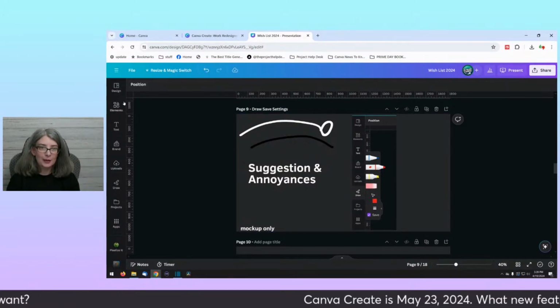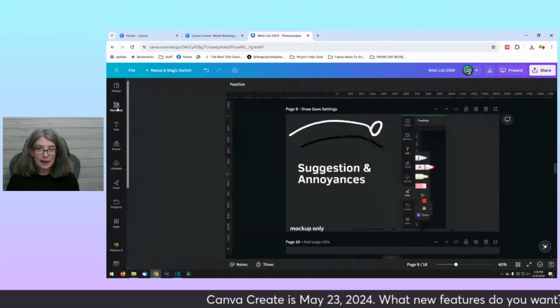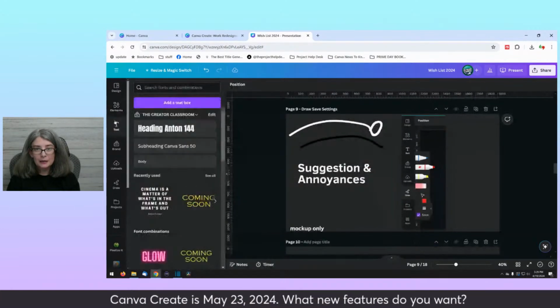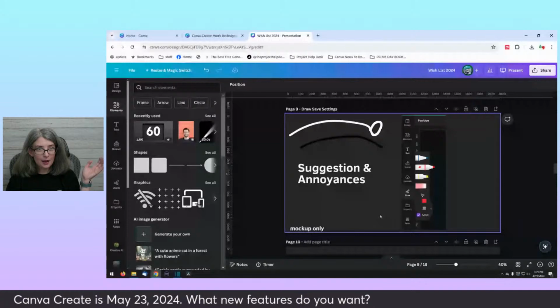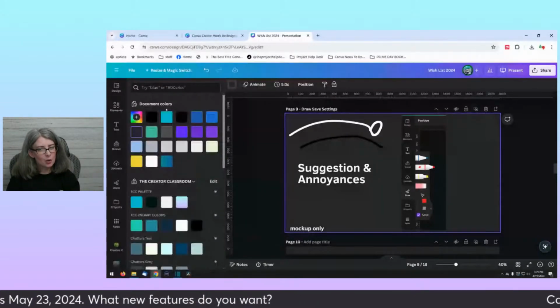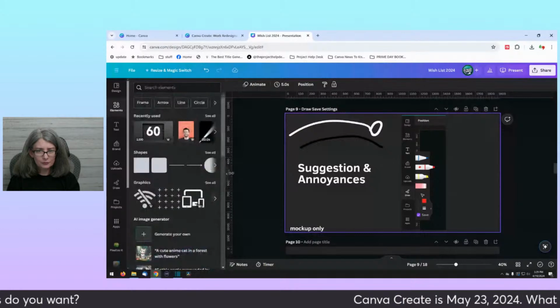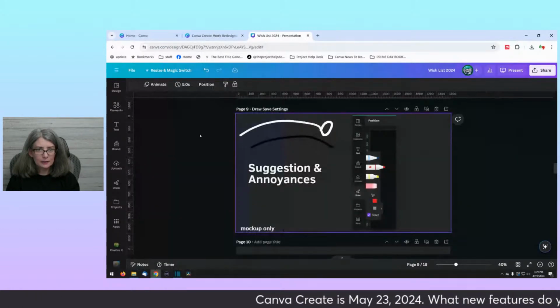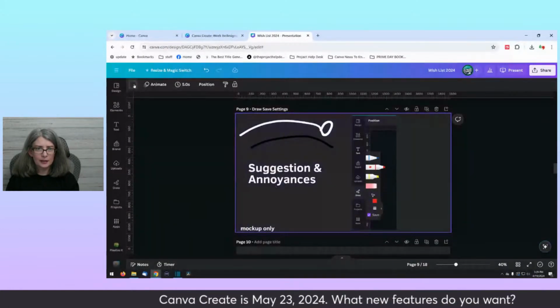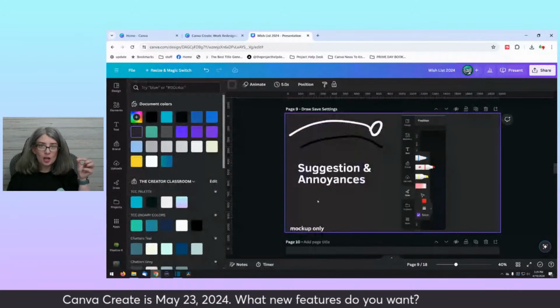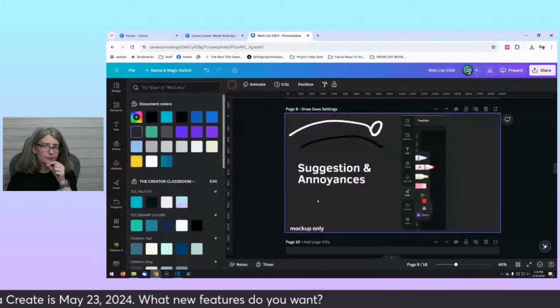I have to go and click elements or text or something before that will pop out. So it's just, and it's not even a thing where something's hid. Let's see if it is. Yeah, no, it's just with the draw app.